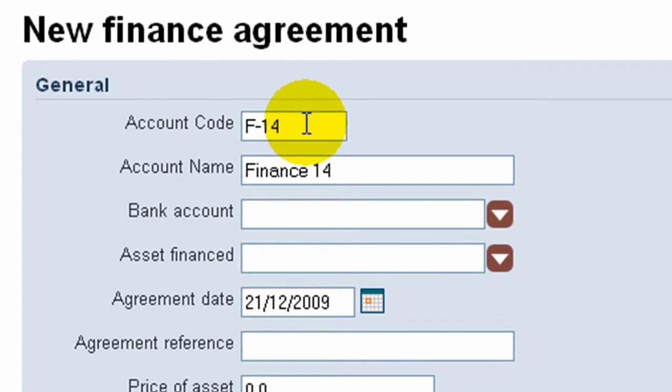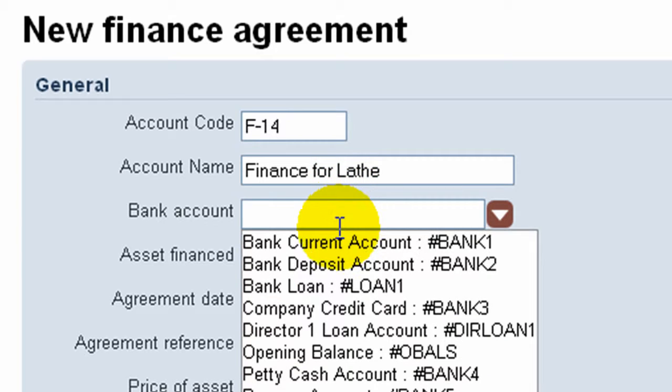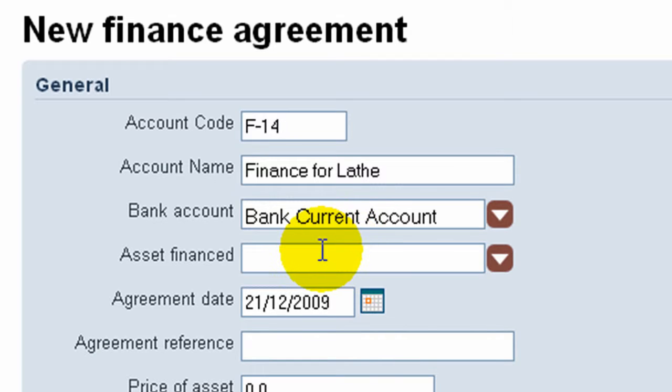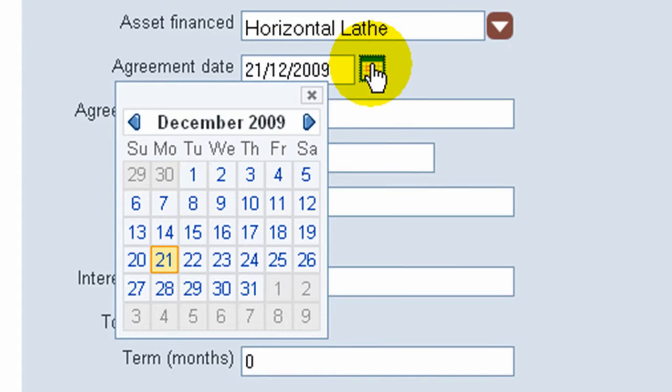Here we enter an account code or accept the default given. Enter an account name. Enter the bank account into which the monies have been received and from which repayments will be made. Enter the asset that is being financed. We can enter the date of the agreement,